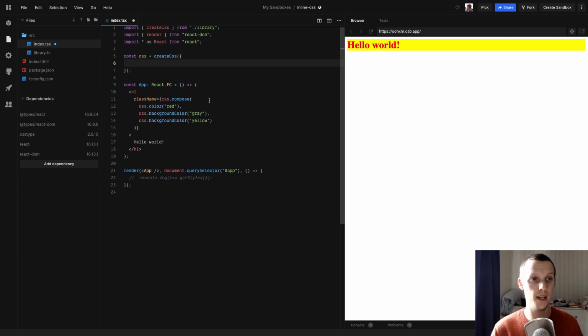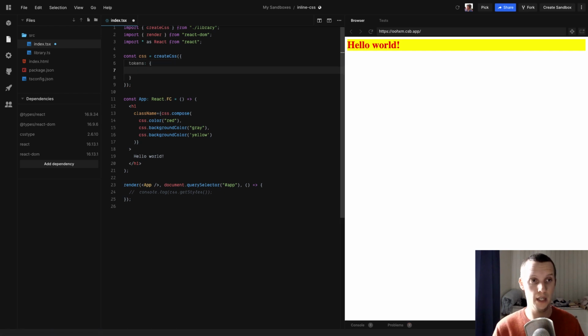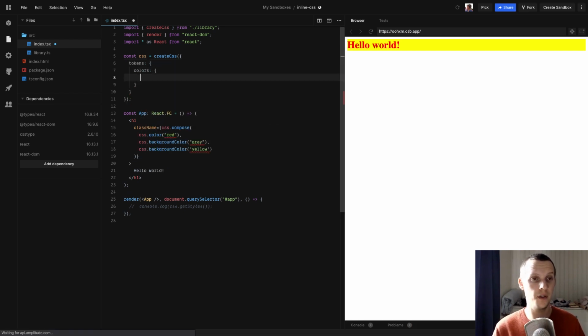The way this works is that you just give it tokens, for example colors, and we say that red is color tomato, and instantly you can see that I'm getting type errors here. That is because the colors are mapped to things like color, background color, border color, and stuff like that. So now I can't use these values anymore. Like, I can use them, but in terms of typing, I've said that I'm going to use a token-based approach. So if we go back to color now, you can see that I have red here, and that's the only one. So let's do